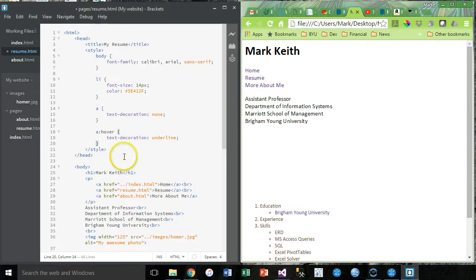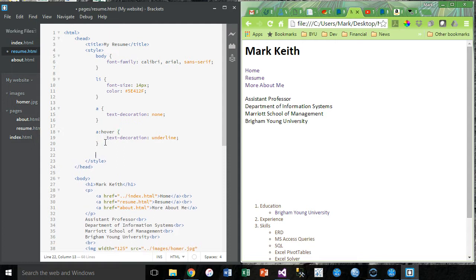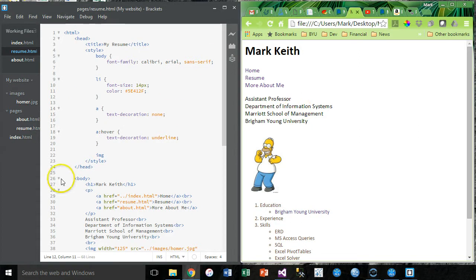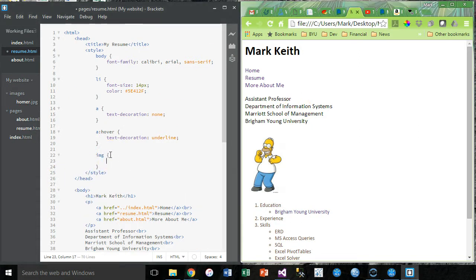So let's edit one more thing now. Let's edit the image, the Homer image that we have over here. Oops, save my page, show this. I want to make one for image. All I want to do is edit